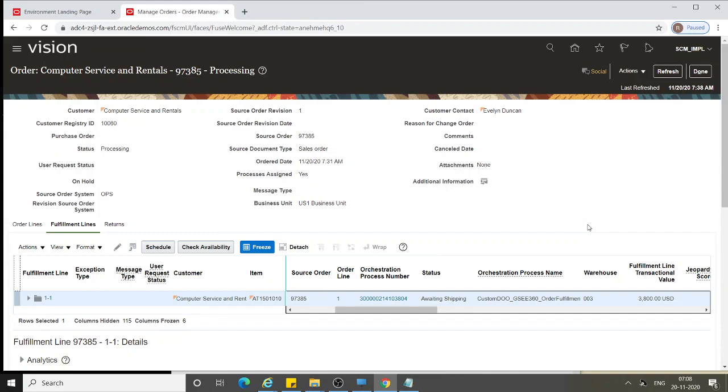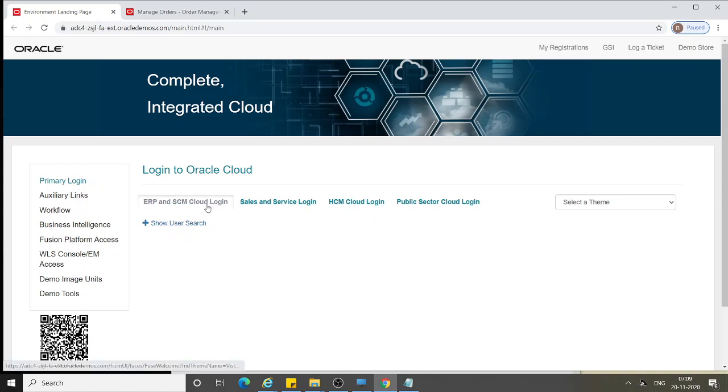Okay, so now the supplier received this particular purchase order and has shipped the goods to us, which means we have to receive this particular item into our warehouse 003. So what I'll do is I'll go to inventory management.